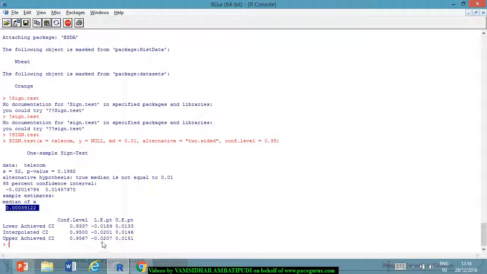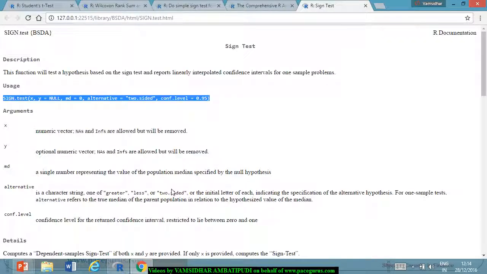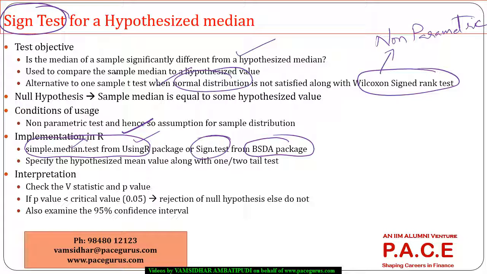And similarly, upper achieved is from minus 2.07 to 1.51, and it got interpolated, finally working out to minus 2.01% to 1.46%. That's how the interpolated value got computed for us, and that's the typical 95% confidence interval for this